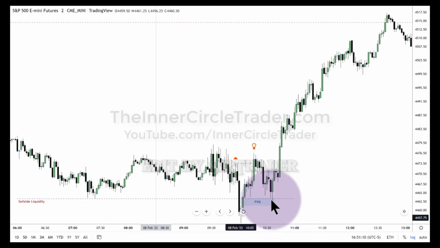Now, compare that with this fair value gap in the S&P. We traded below the old low. We took sell side out. We have a shift in market structure on the S&P. These averages tend to move in tandem. So that means they generally move in the same direction. So I'm looking at the Dow, even though you don't see me trading it, I'm looking at it. I'm also looking at the S&P, even though I'm favoring the NASDAQ because its volatility and its movement is more